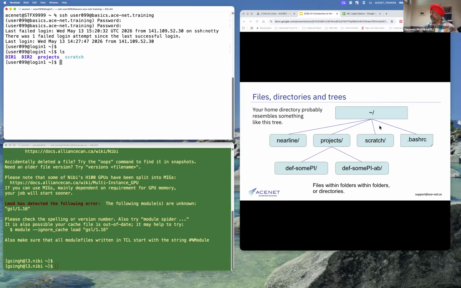A tree normally grows from bottom to top, but in this case, it's going from top to bottom. So it is still resembling a tree structure. These are the directories, and within these directories you can store the files. For the next little while I'm going to talk about that only.